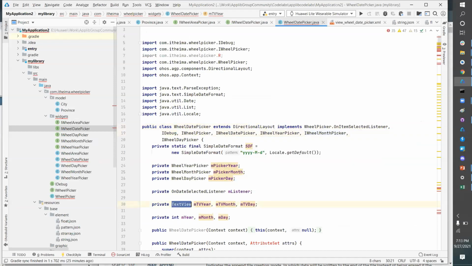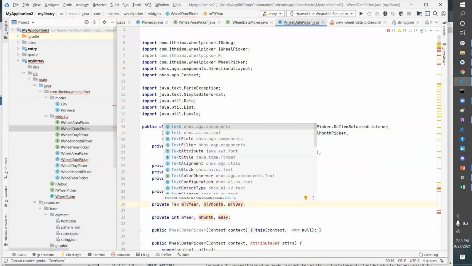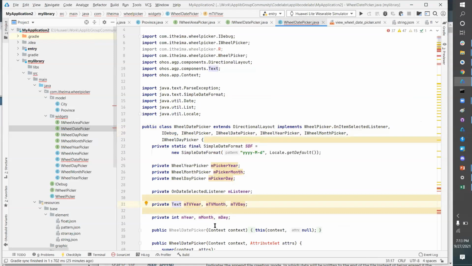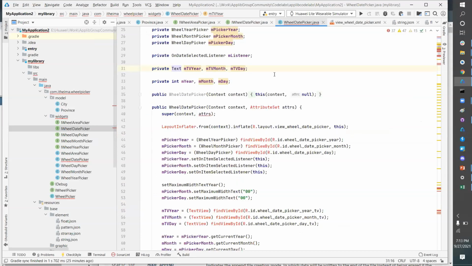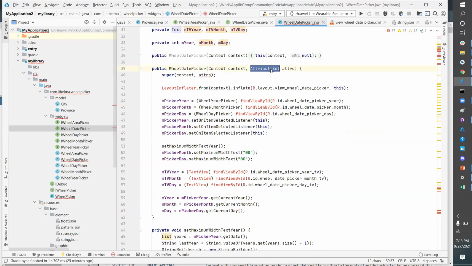Now, this way we will keep replacing the APIs and all the functions which will be required, like in attribute set.